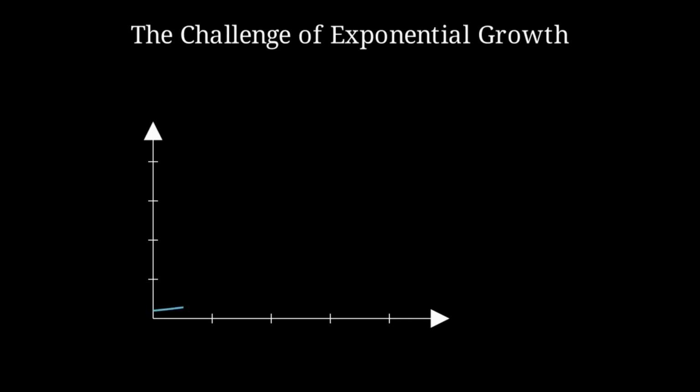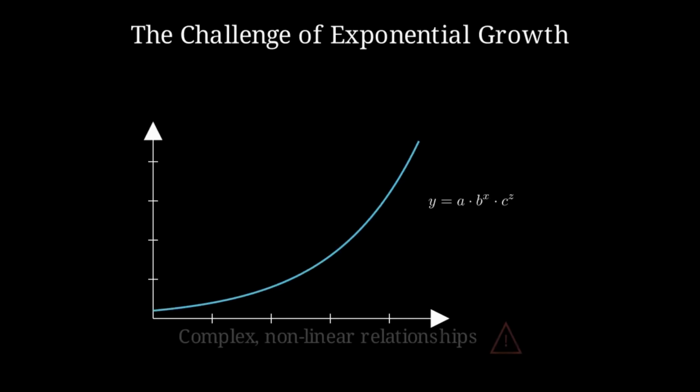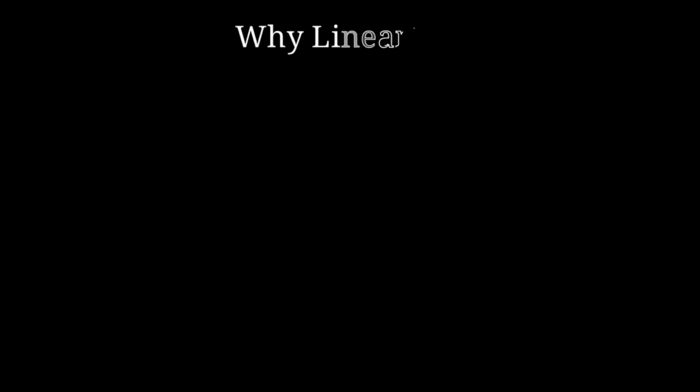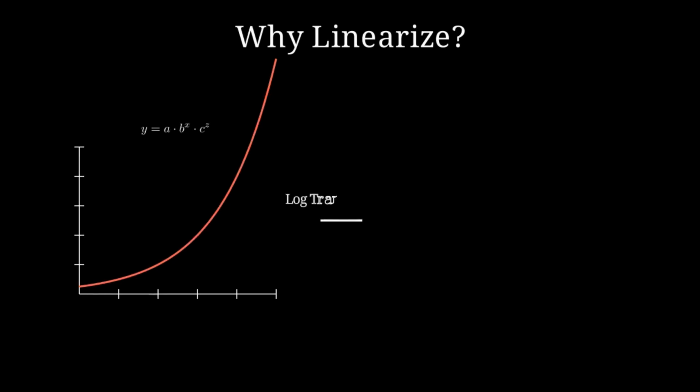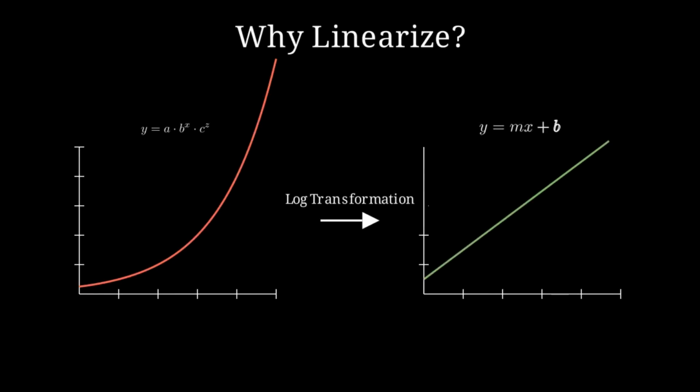In many scientific fields, we encounter data that grows exponentially across multiple variables. While these curves look beautiful, they are notoriously difficult to analyze and solve directly using standard linear regression or simple algebraic techniques. To make these problems manageable, we use a technique called logarithmic linearization. By transforming the exponential equation into a linear one, we can easily identify growth rates and initial values using the